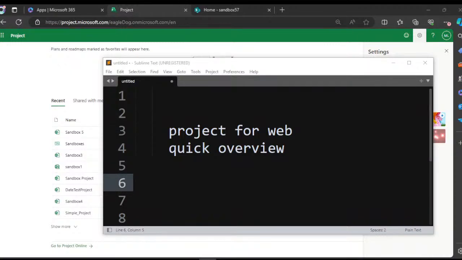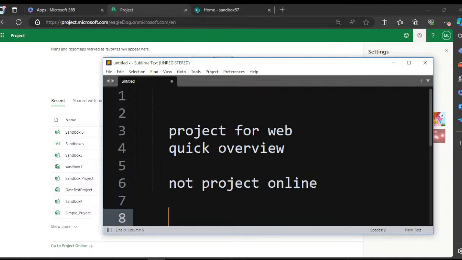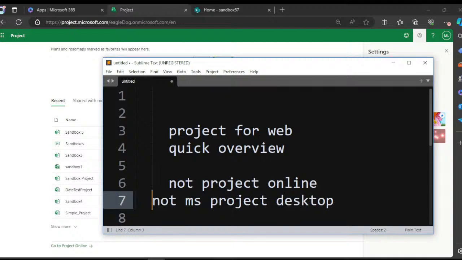Okay, welcome back. We are doing a quick overview of Project for the Web, which is not the same thing as Project Online, even though they sound the same. Project Online is on its way out. They're still supporting it for a while because some people are still using it, but everything's going toward Project for the Web, and also not MS Project Desktop, which is totally awesome, very detailed application, but it costs